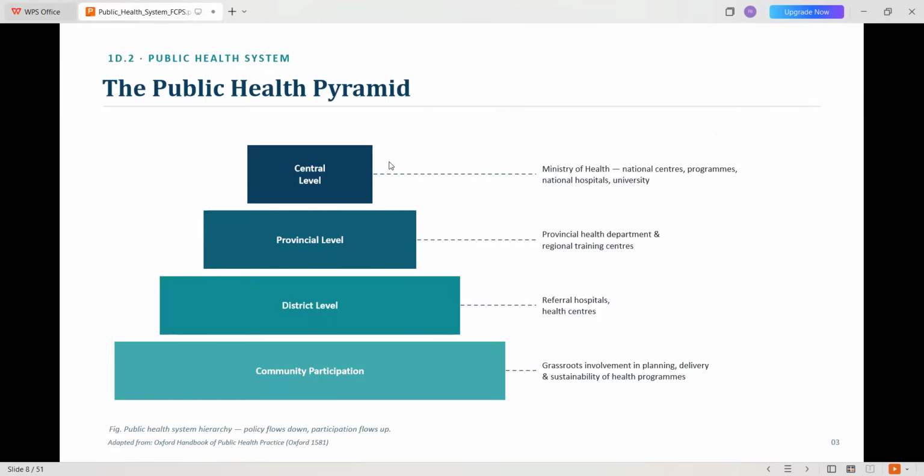So this is the pyramid of public health. First one, the base of the pyramid, is community participation, which includes grassroots involvement in the planning, delivery, and sustainability of the health programs. Next one is the district, which is the referral hospital and health centers. Next is the provincial level, which is the health department and the regional training center. And the top of this is the central level, which is the Ministry of Health, national programs, national hospitals,